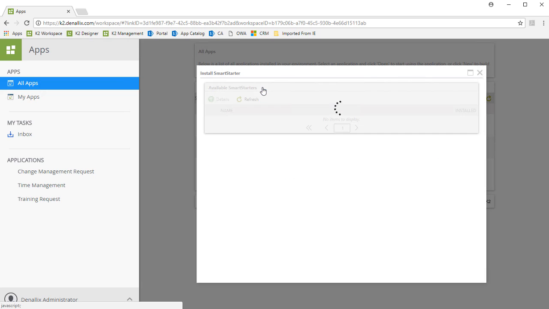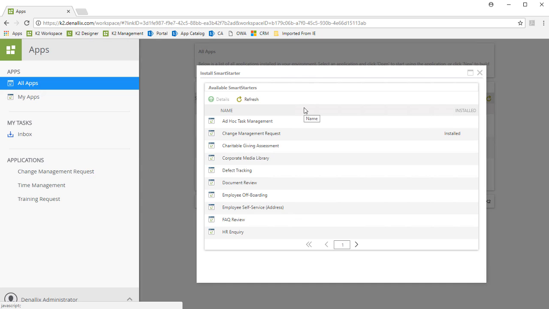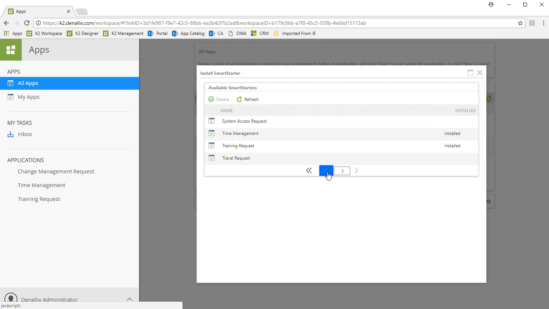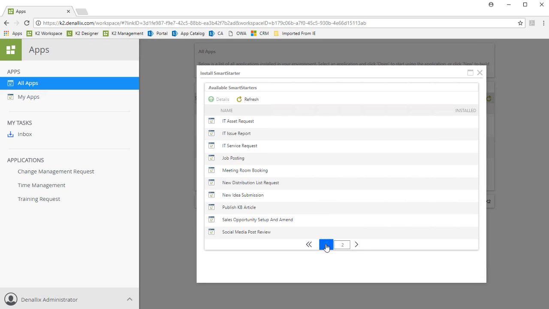From the Install SmartStarter window that appears, notice there is a list of available SmartStarter applications provided by K2. Some of them may be already installed for you in your environment, and you can page through the list to see all applications that are available. We can see that the HR inquiry application is not installed yet in this environment, so let's start with that